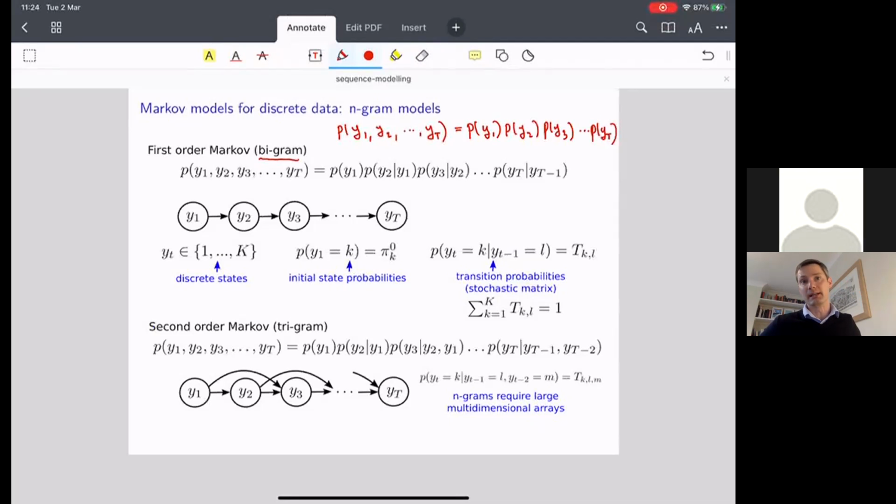So in a way, this isn't really a sequence model. So this is called unigram, the first model with non-trivial dependencies between items in the sequence is therefore called a